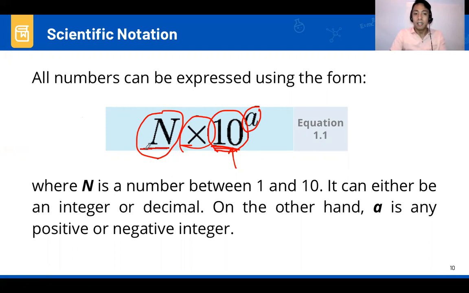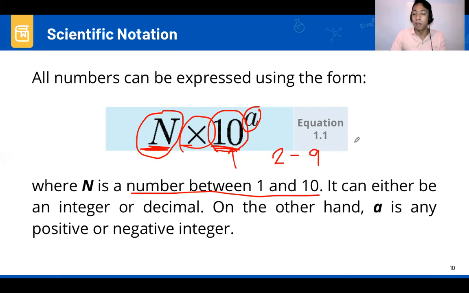So, N here is what we call the number between 1 and 10. So, what are those numbers? Of course, if we will think normally, di ba, yung mga bata, ang isipin nila, between 1 to 10. So, ang isipin natin is 2 to 9. Tama? Okay. Since we are in an upper level, you need to think that those numbers between